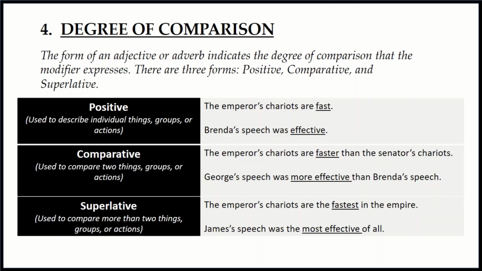The fourth one, the degree of comparison. So what actually is the degree of comparison? It is the form of an adjective or adverb which indicates the degree of comparison. There are three forms of comparison: the positive, the comparative, and the superlative. The positive, obviously, describes individual things, groups,